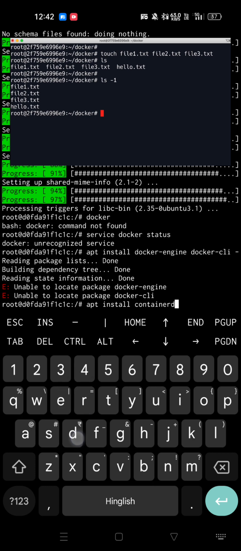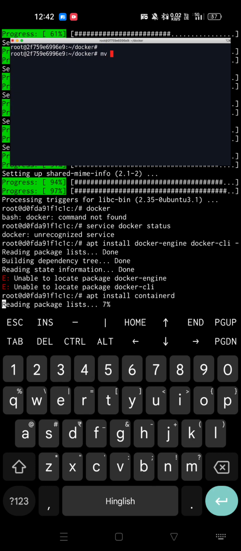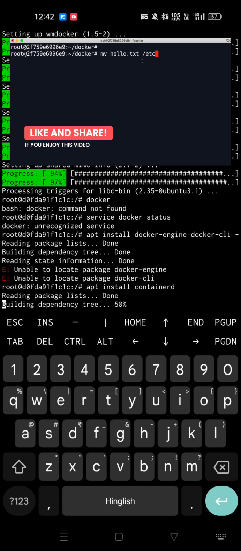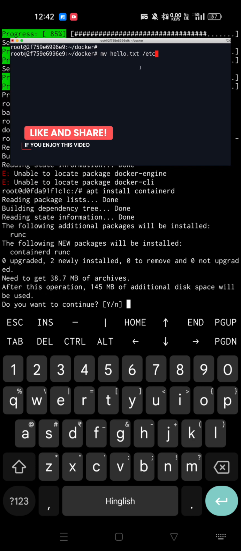Now let's say we want to rename hello.txt to something else. Once again, we can use the move command. So we type H, press tab to get auto completion. We can rename this to hello-docker.txt, or we can move it to a different directory. For example, we can move it to the etc directory. And here I'm using an absolute path because my path has started from the root directory. Now in this lesson, I don't want to move this anywhere. So I just want to rename this to